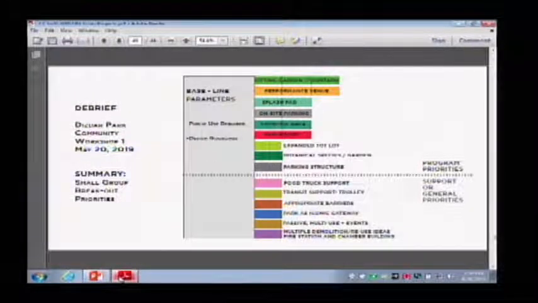So, major preferences here. Three tables favored the idea of a sitting garden, and each of those three favored the idea of a fountain along with that sitting garden. Several tables voted for more than one priority. So you'll see, though there were four tables here, what we're basically listing are the number of priorities that were addressed. A performance venue in the form of a band shell or something like a splash pad,